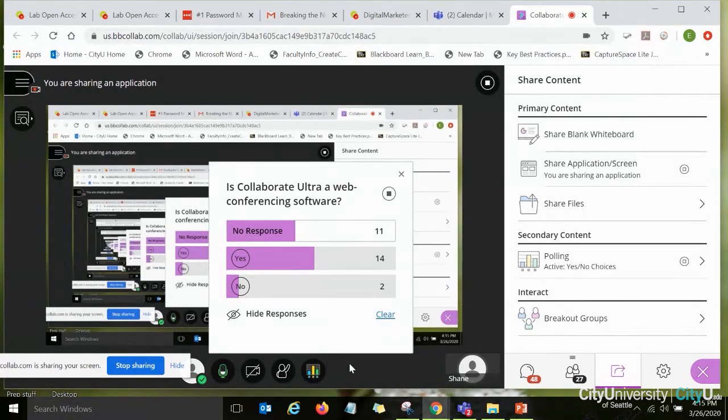I think I saw a question in the chat. Why are we using this quiz? It's not a quiz. It's called a poll. That's the language that Collaborate Ultra is using. And because it's a very simple tool,